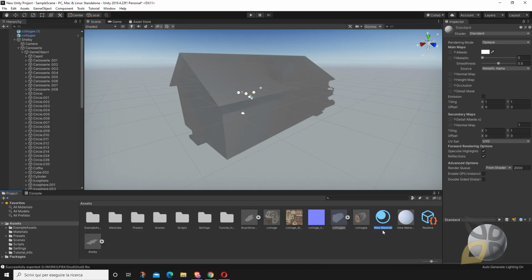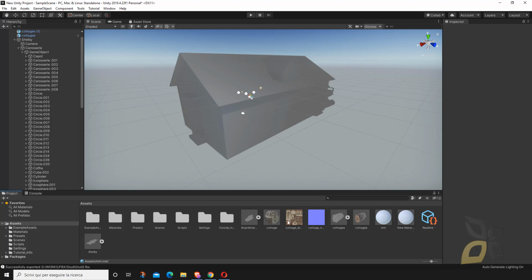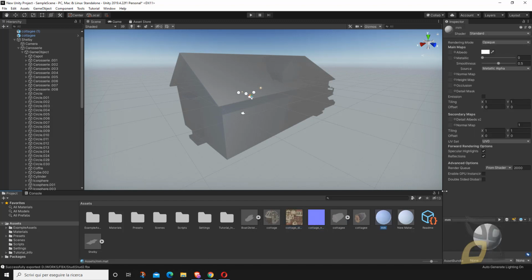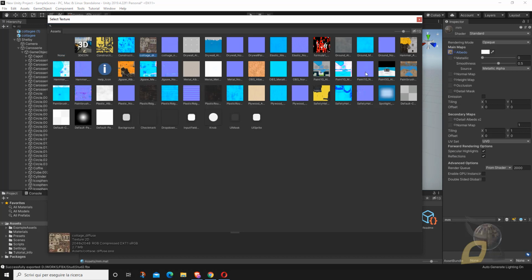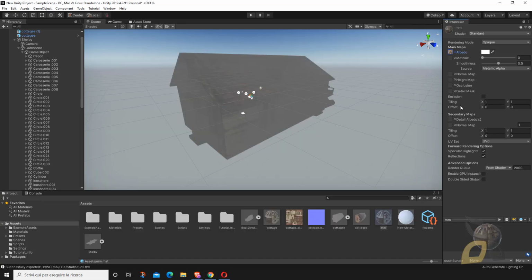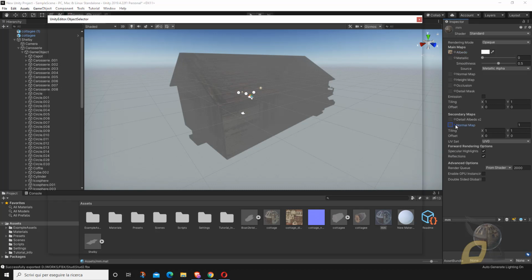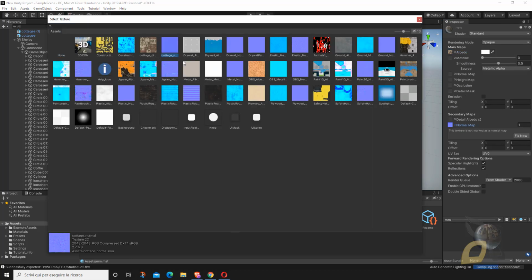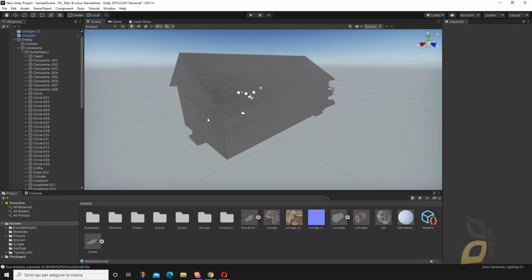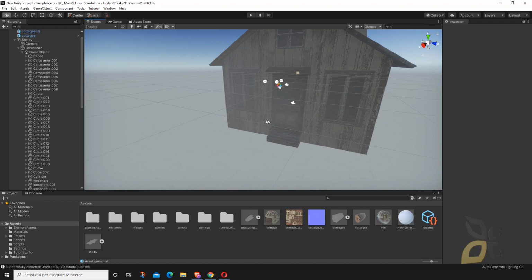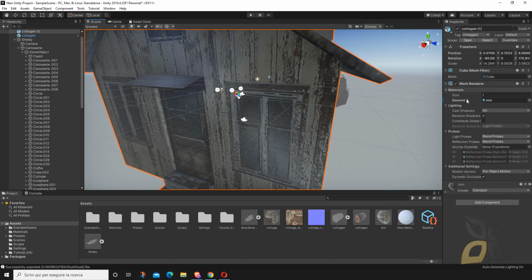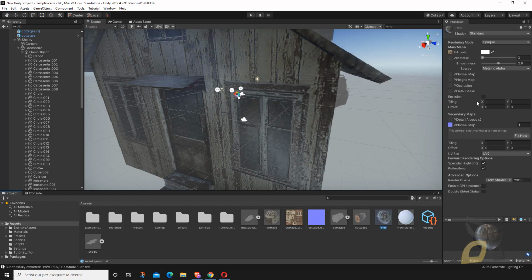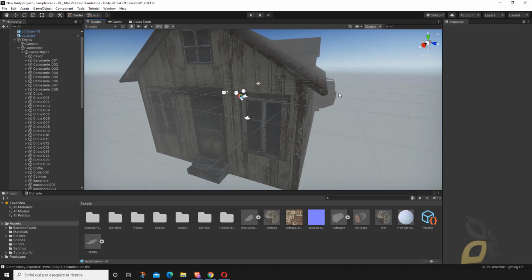Yeah, that's the material here, assign it, and then I had to import also the textures, which were these two, and then I had to reassign these textures, one for the diffuse and the other one for the normal map. There you go. So every time this doesn't happen automatically, you will have to do it yourself. And also here, these two metallic, so I have to turn down this smoothness value.